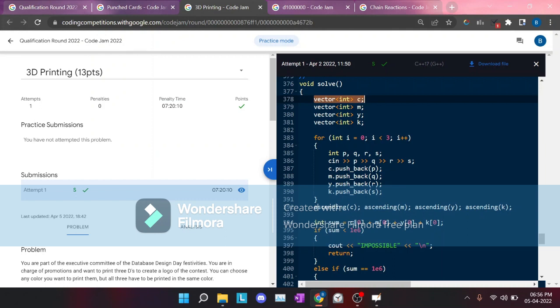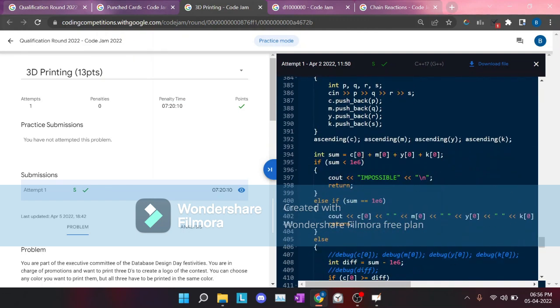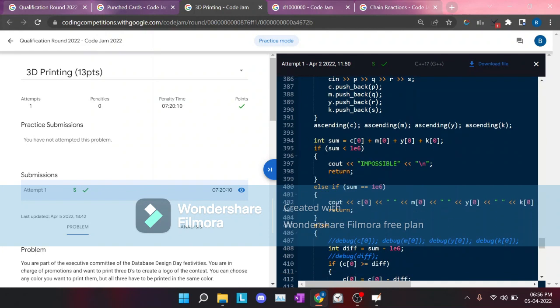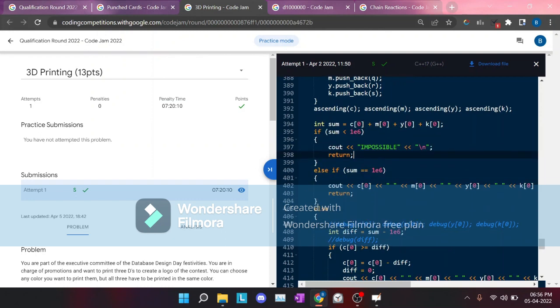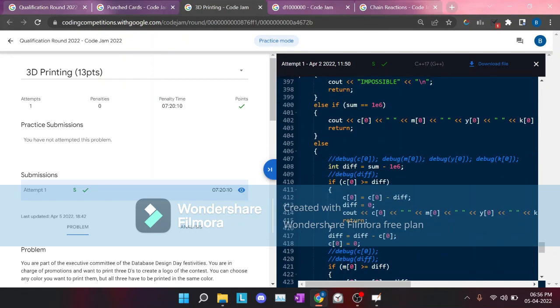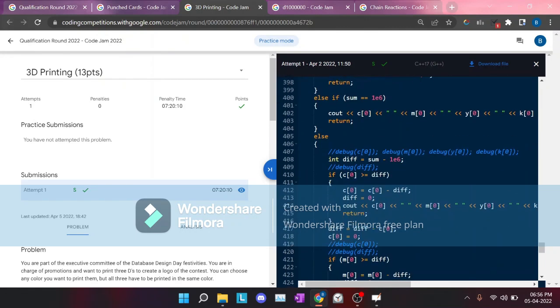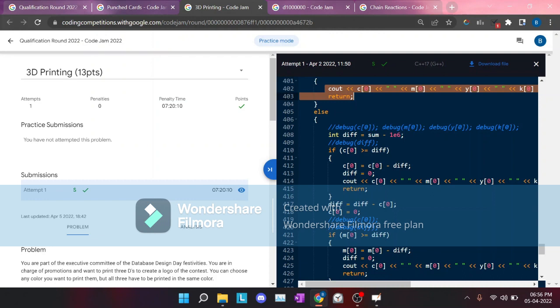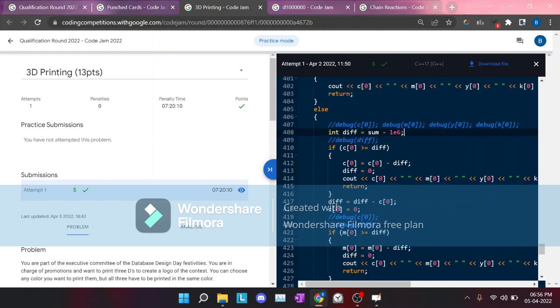So vector C will store the colors cyan, M stores magenta, Y stores yellow, and K stores black. Now from each vector I choose the minimum elements, and then I check their sum. If it's less than 10 to the power 6, it will be impossible. If it's exactly equal to 10 to the power 6, then I don't have to subtract any value. I can simply output these numbers, or else I will take the difference and keep subtracting the required numbers from